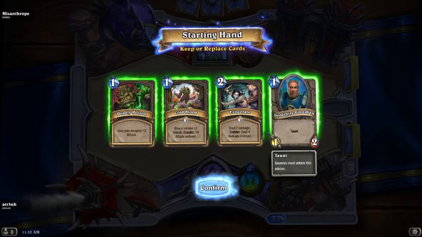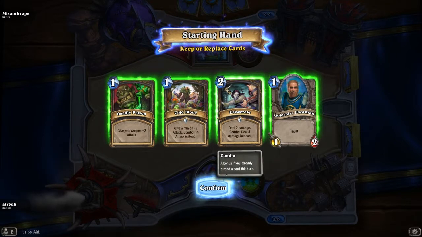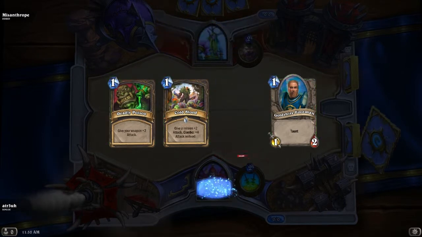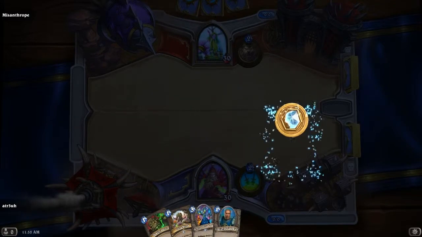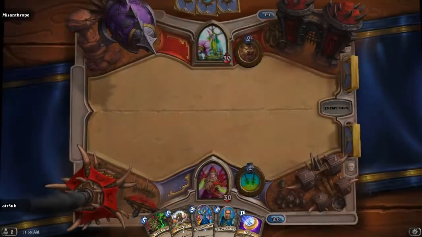Goldshire Footman coming out very early is also great. And this, I don't think we need the Eviscerate at this point, so we're going to toss it back and hope to get something else. Earthen Ring Farseer, I guess we can get it to work early on. This is the only heal we have, so...